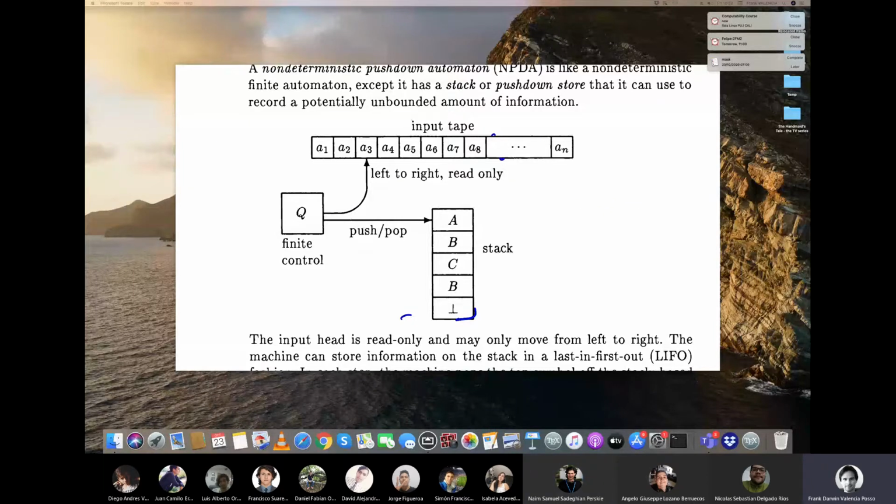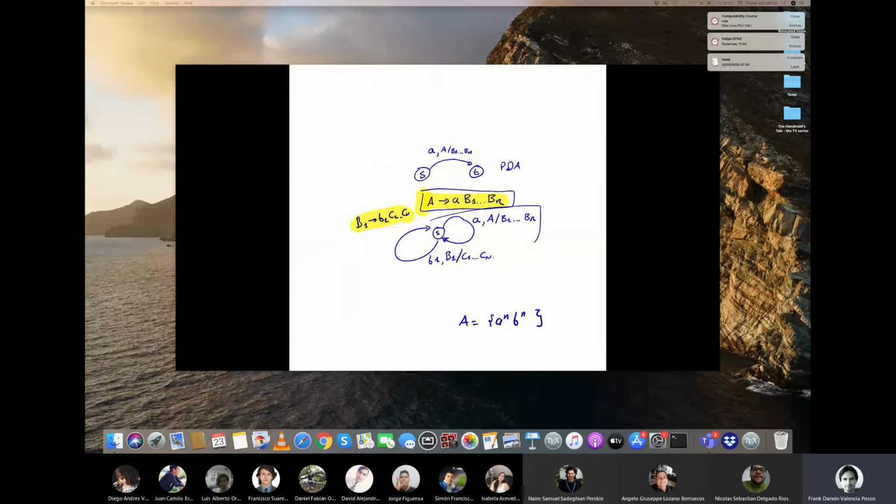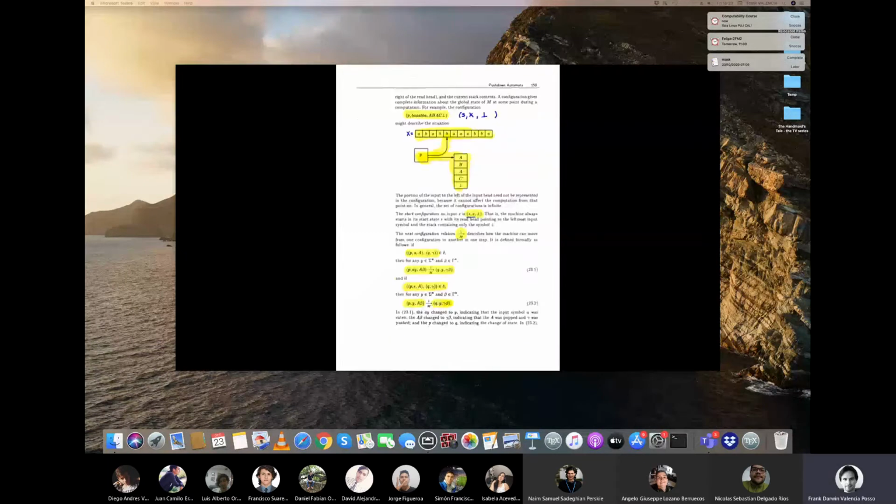Basically, the idea is that the final control is like the states that tell me what I should do. So in a given state, if I read this symbol, I move to the left, if I read the other symbol, I do something else, and so on and so forth. Now, this is the way the book presented it. Another way, if you want to see it in a different presentation, is